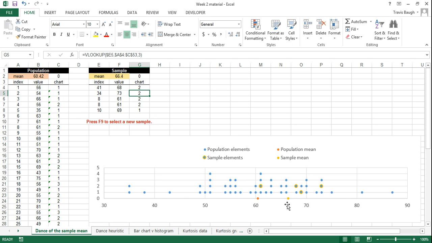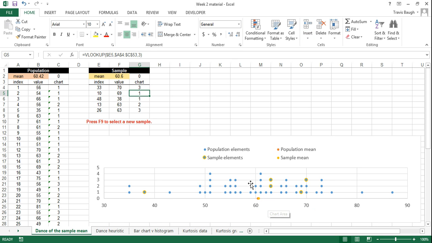So far we've got a maximum of around 67, in fact 66, I can see it up here, and we saw a 57, 58 as our lowest so far. Okay, here come a lot of F9s. It's quite a lot of fun, and once you start doing this it's pretty hard to stop, but I will stop. Oh, now that sample gave us a sample mean which was very close to the population